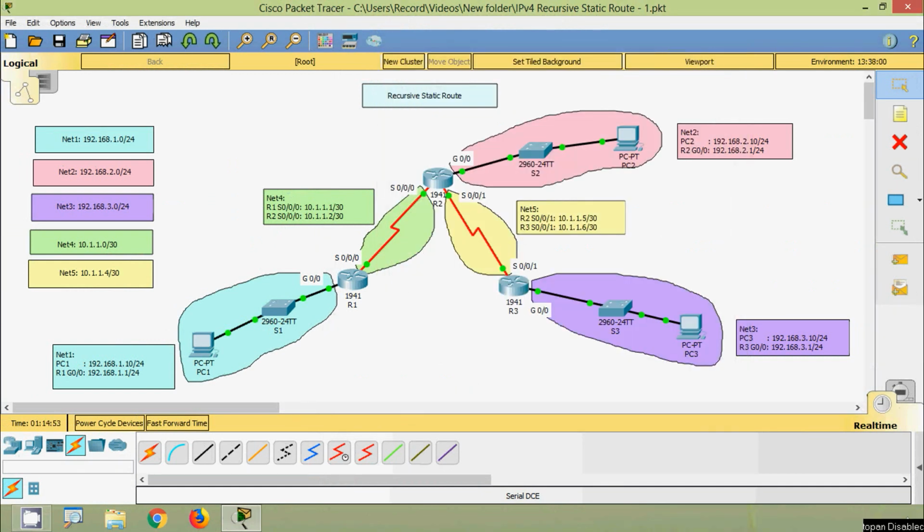Here we have done all the basic configurations on each device. Now we are going to configure recursive static routes on each router, R1, R2 as well as R3. We know that a recursive static route relies on the next hop router in order for packets to be sent to its destination. A recursive static route requires two routing table lookups, because it must first look in the routing